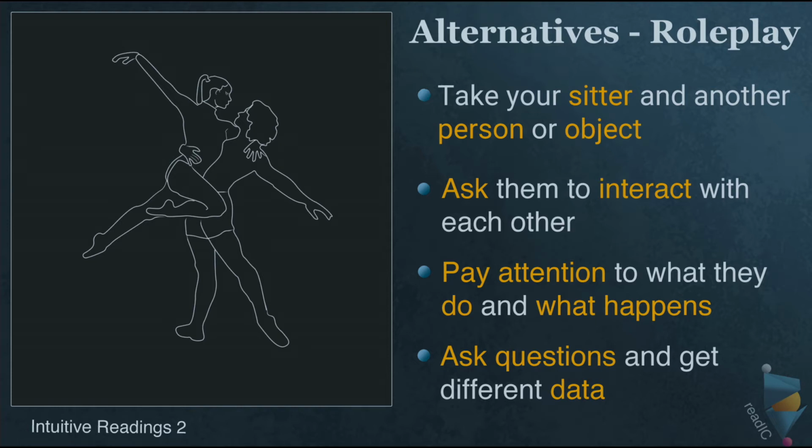Mainly what you want to do as the one doing the reading is play off the scenarios on your reading screen and then literally comment on it. So it's very much being the commentator to the situation. So say for instance I have two people. Let's take this example and say, okay, I've got my sitter, which could be either the male or the female, and then I have another person in the setup, and I say,